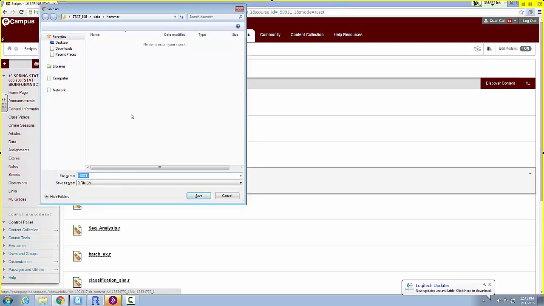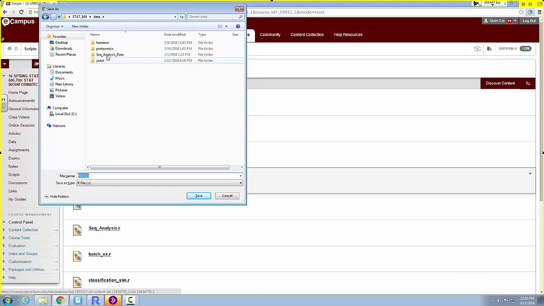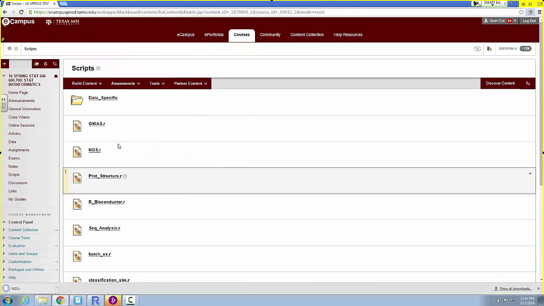Okay. So we're going to play with a new R script today. I want to introduce the new homework assignment, and we'll play with some R code that's specific to next-gen sequencing data analysis. And if we have time,